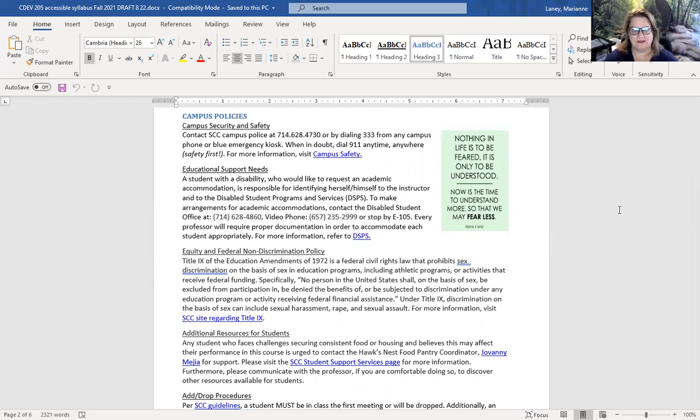If you are even nearby, or you're right off campus and your car stalls out or you get a flat tire, they'll help you, even right off campus. So just know that those people are there for you.